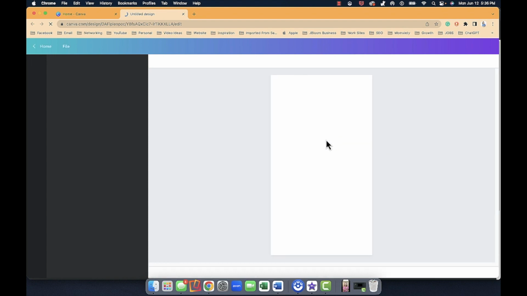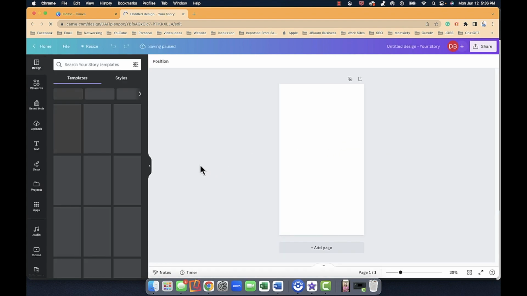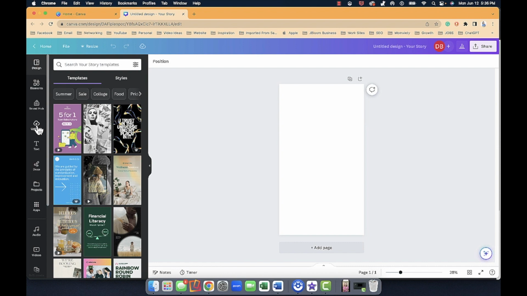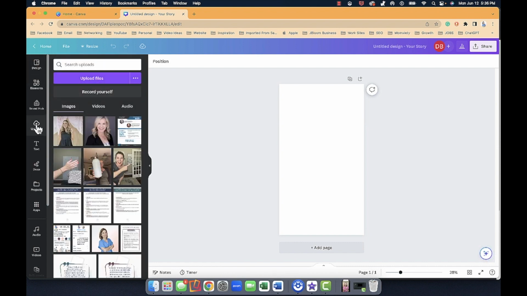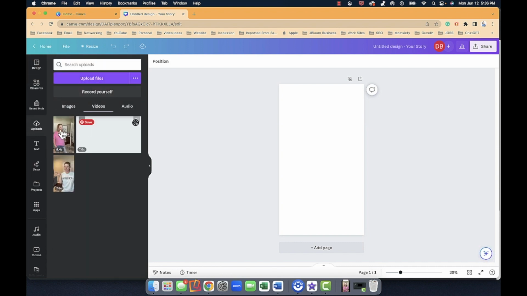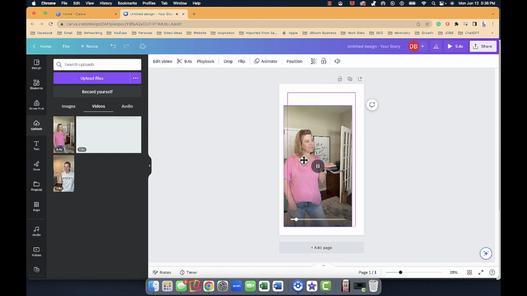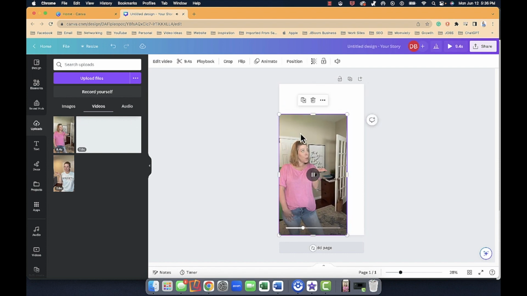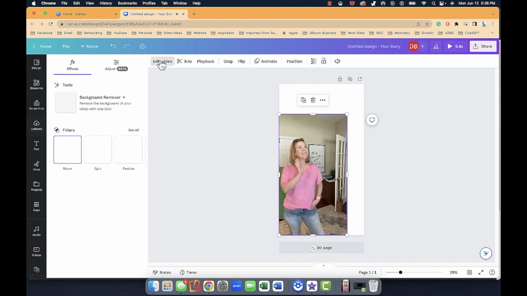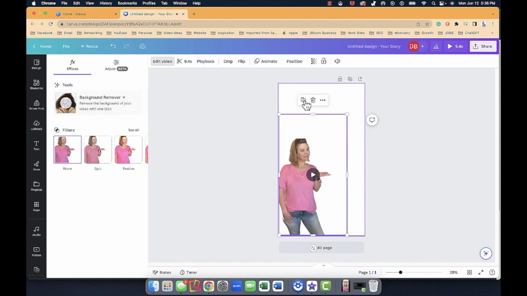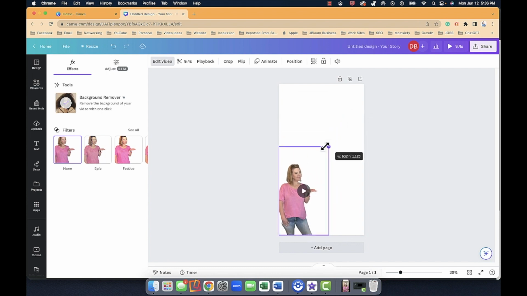And from here, we're going to pull in a video that you should have already created and uploaded to your video section. Over on the left on uploads, if I go to video, here is the video I have of myself with my hand out. You will need the pro version to remove the background. So if I click on edit video, remove the background, there we go,